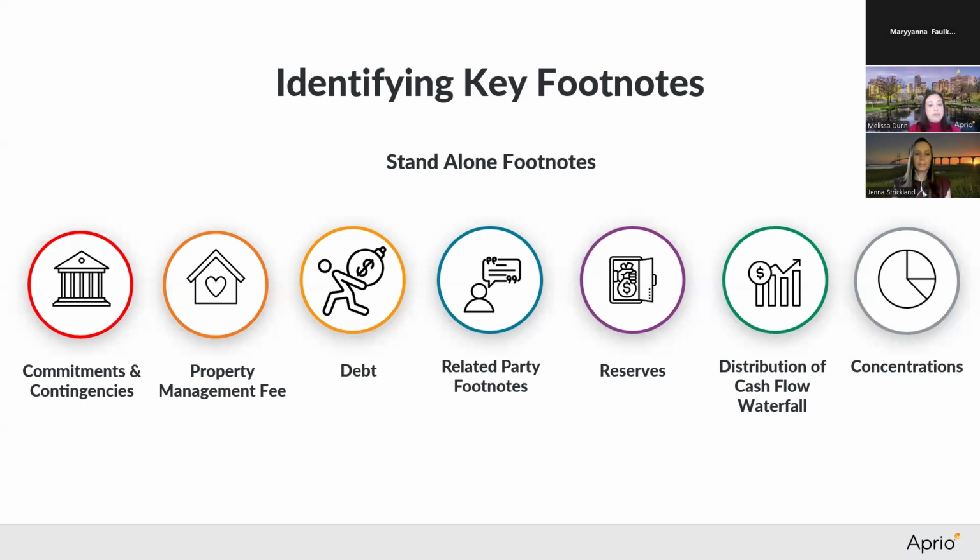There's also the debt footnote, which includes who your lenders are, what the interest rates are, and especially when that debt matures. So there's always the 5-year debt maturity. It shows everything that matures in the next 5 years. And if you're in 2024 and you see something maturing in 2026, although that's not current now, it's probably something to look forward to, to make sure that it would be able to be covered.